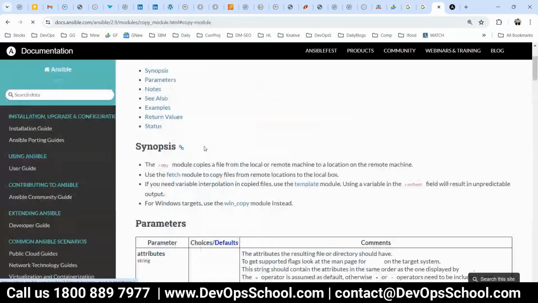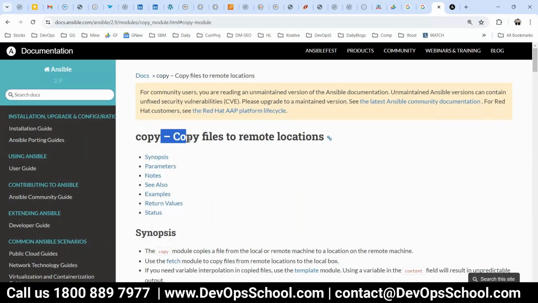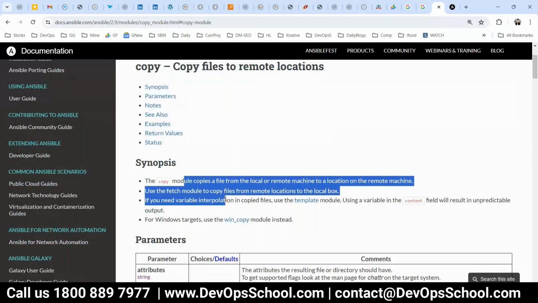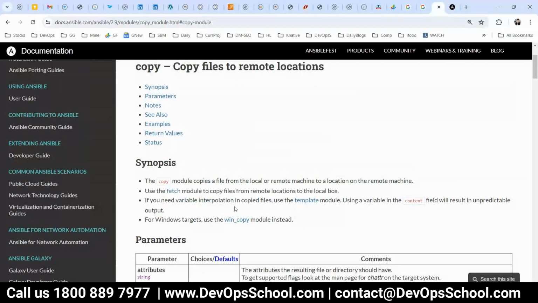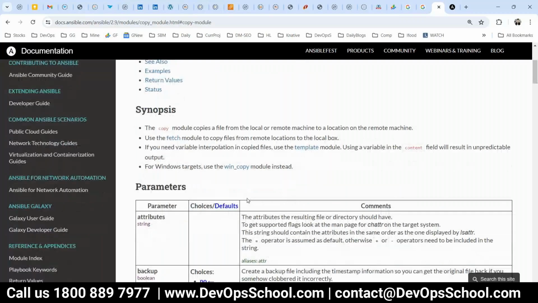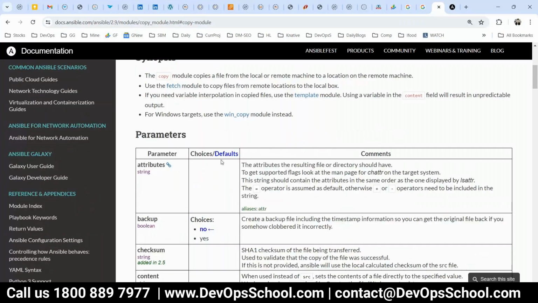Don't rush. Those who are learning Ansible, don't rush, because there are so many things. If you don't understand the pattern, it will be very difficult. So this is the copy module. This is the detailing. Also, I must say you should follow the official documents. On Google, you may find old versions of Ansible code also. And this is that parameter which I was talking about.